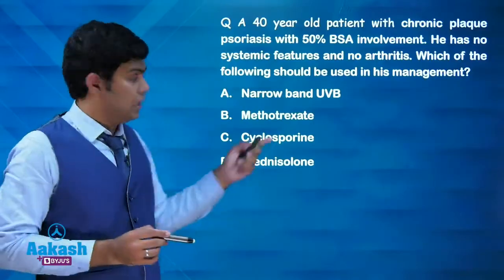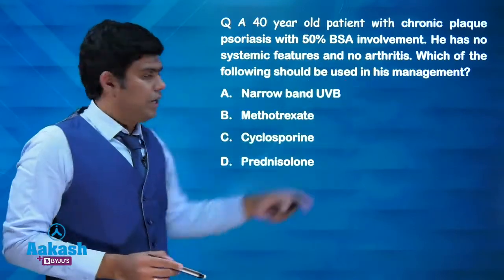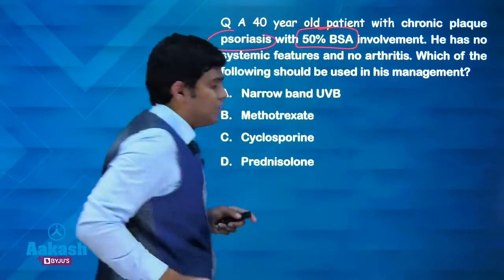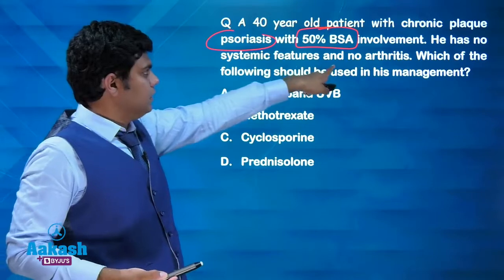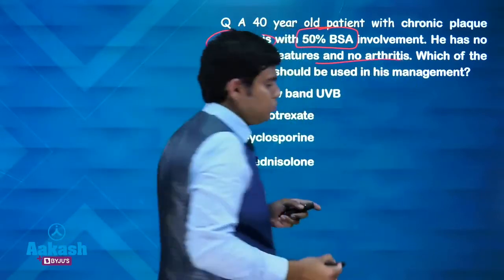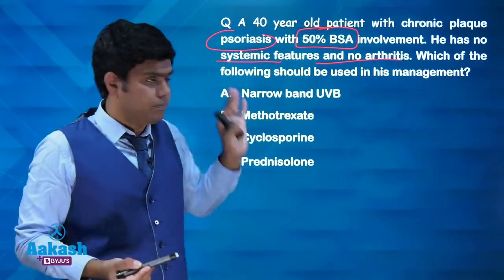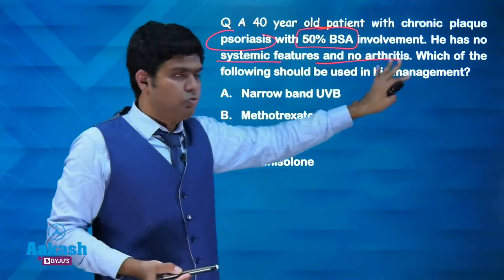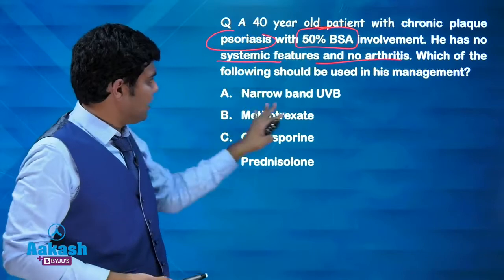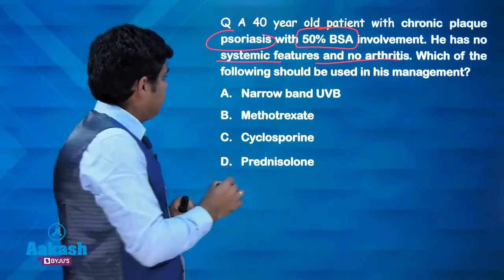Okay. Another question, again a tricky question. A 40-year-old patient with chronic plaque psoriasis, with more than 50% BSA, but he has no systemic feature and no arthritis. He is not having any psoriatic arthritis, and not having any complication because of psoriasis. Which of the following should be used in his management? The drug of choice, the treatment of choice: is it narrowband UVB, methotrexate, cyclosporin, or prednisolone? The answer here is